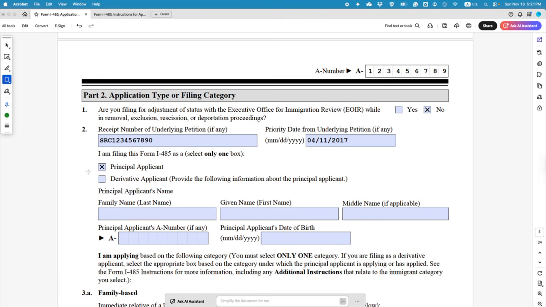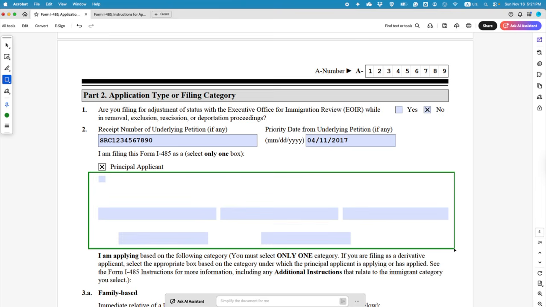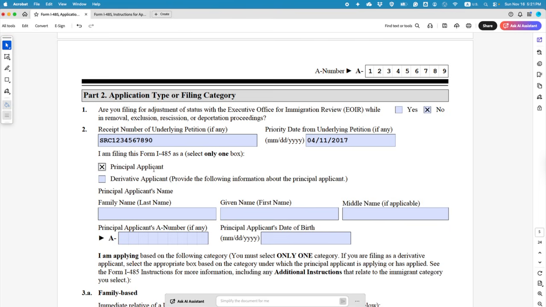You don't have to fill out this part. But if you are not the principal applicant, say your spouse is filling it out, your husband might be applying as a derivative applicant. So if the spouse is applying, in that case they have to select derivative applicant, and then that person,